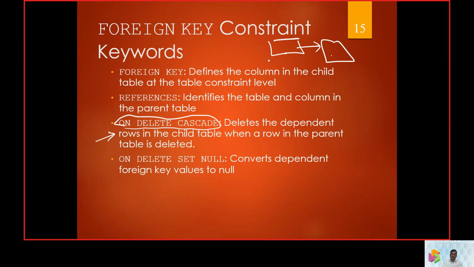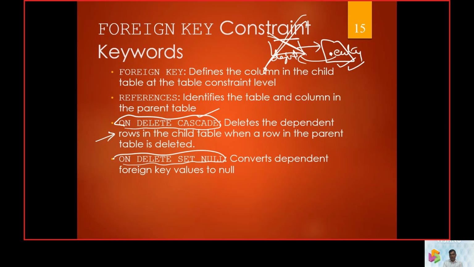So if a row in the parent table is deleted, the dependent rows in the child table are obviously also going to be deleted. If the base parent table is deleted, then obviously this child table entry is also going to be removed. That is what we call on delete cascade.